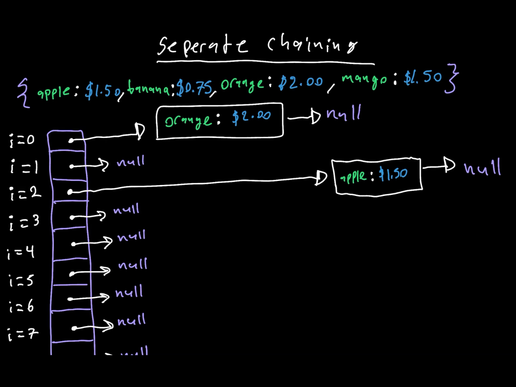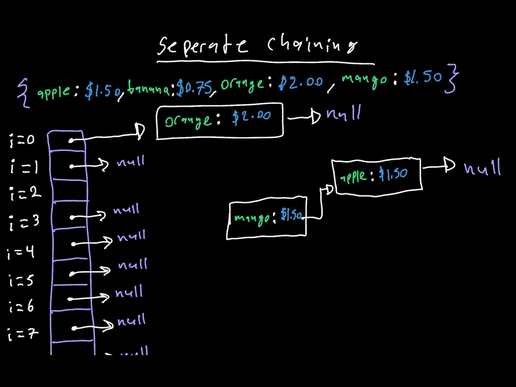And then we would create our node, mango. It has a value of $1.50. We would set next for our new node as the previous head, and then we would update the index to set the head as our new node,